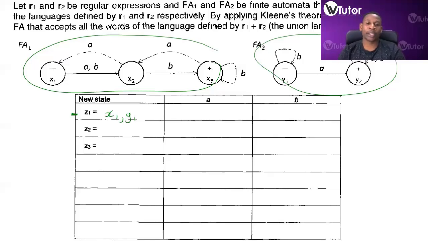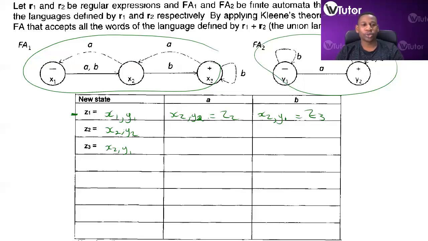So, and then if you're in X1 and you encounter an A, you go to X2. If you're in Y1 and you encounter an A, you go to Y2. If you are in X1 and you encounter a B, you go to X2. If you are in Y1 and you encounter a B, you stay in Y1. So already we now have X2, Y2. We also have X2, Y1. So this is Z2 and this is Z3. Right. And then also,